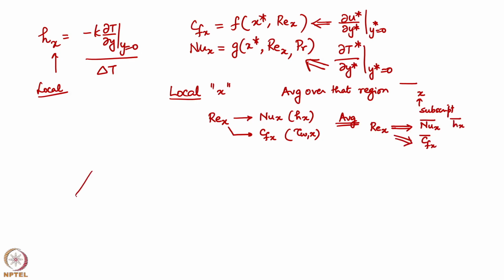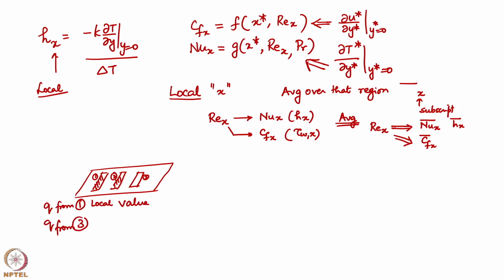Where is it important? If I have a heat dissipating device and there are chips which are dissipating heat on a power bank or some source. So this is chip number 1, chip number 2, chip number 3. What is the heat transfer from chip 1? That means it's a local quantity, local value. Q from chip 1 is a local value. Q from chip 3 is a local value. This is chip number 3. But Q over the entire plate,